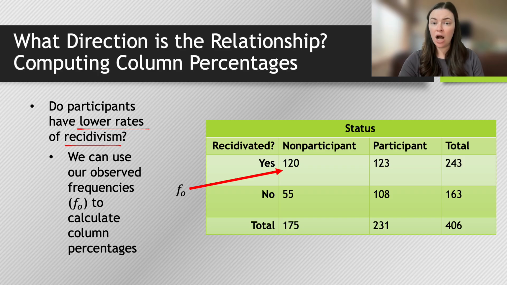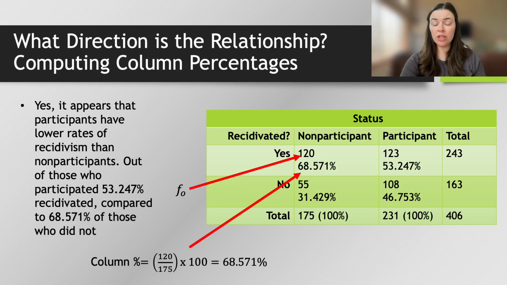In order to determine our column percentages, we can use observed frequencies to calculate each of these. To calculate the column percentages, all we have to do is take our observed frequencies and divide that by our column total and multiply that by a figure of 100 to convert that into a percentage. So starting off with this top left-hand corner cell here, this represents the individuals that did not participate in the treatment program but did recidivate. So we had 120 of those individuals, and we divide that by our column total of 175 and multiply that by our figure of 100 to get a column percentage of